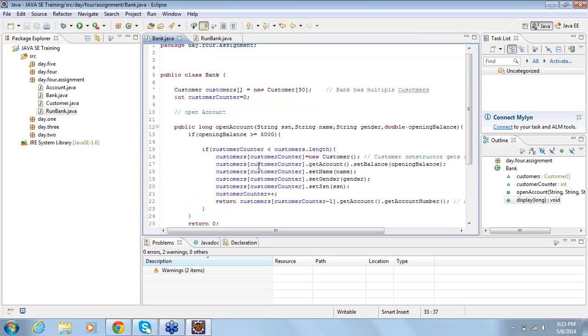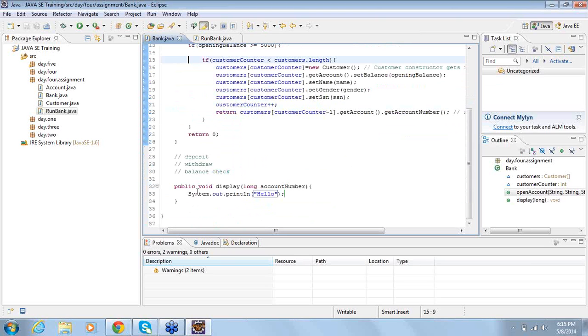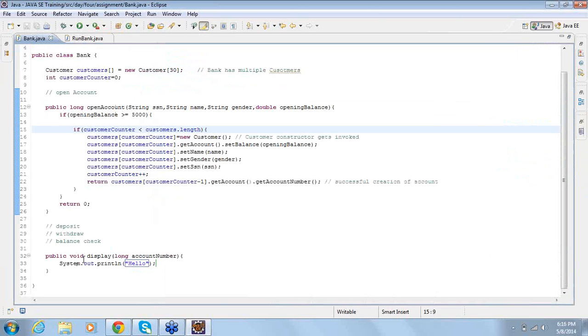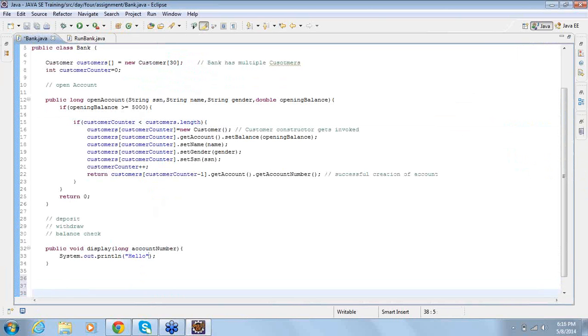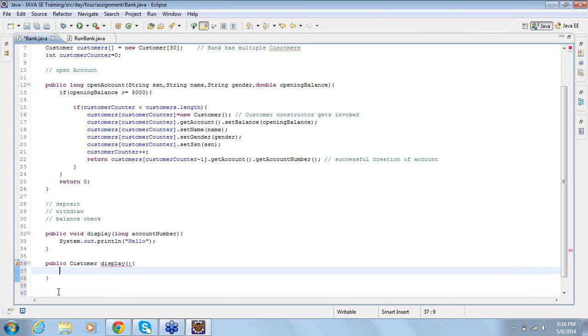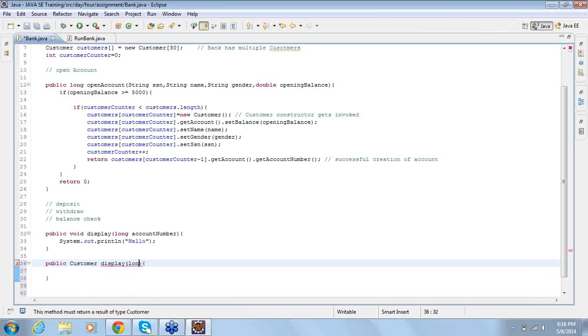Yes, that is what our agenda, no? We are not using system.out. That is, we are not using println statements anywhere. We are in the run program. So I have a solution for that too. So instead of void as a return type, what you can do is you can have customer as your return type. Okay. You can have your customer as a return type, and you can pass account number,